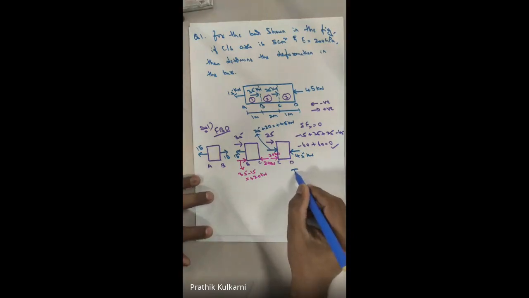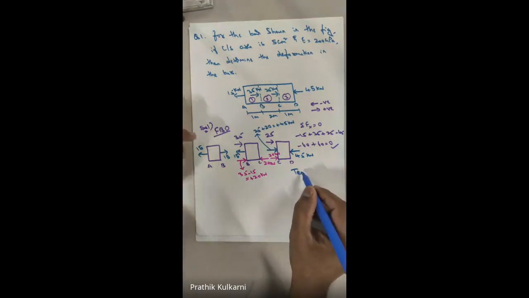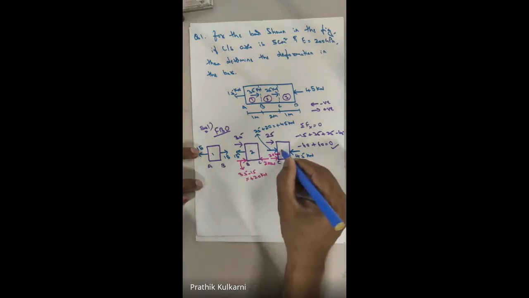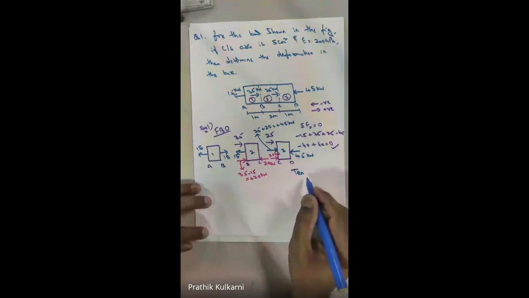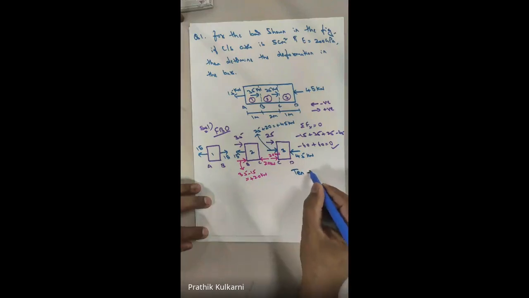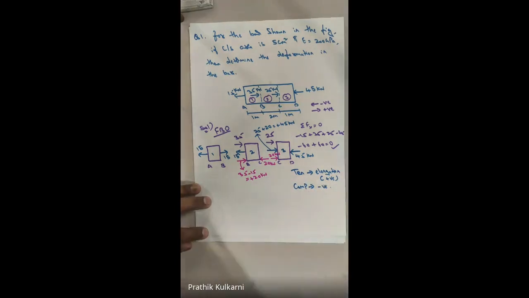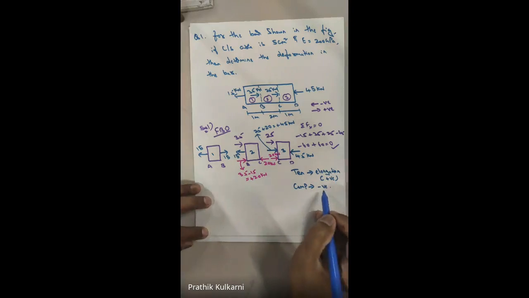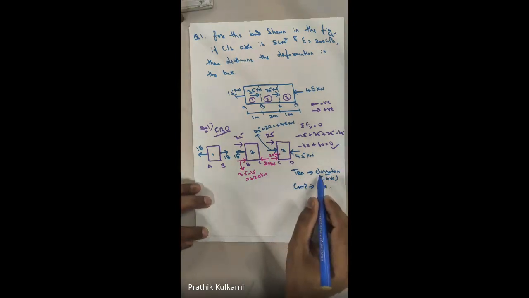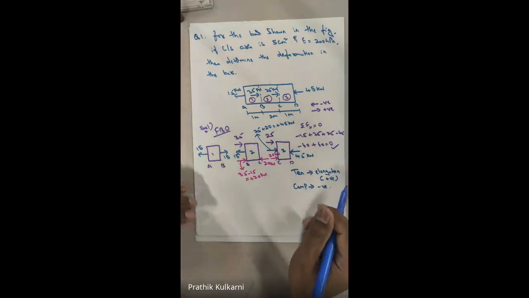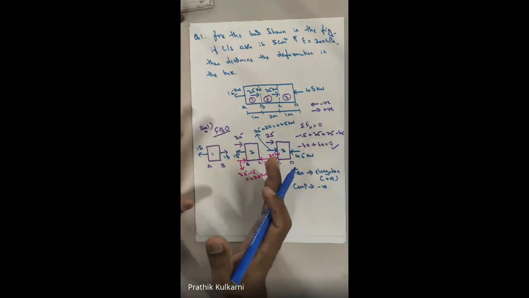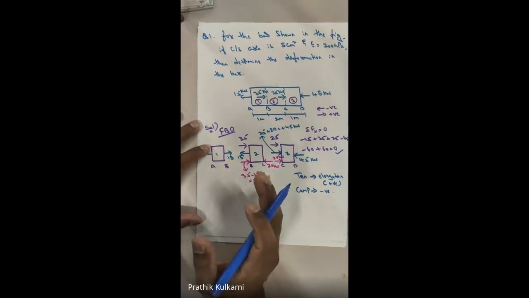But please do remember, if the member or if the portion, like if this is 1, this is 2, and if this is 3. If it is a tensile force, which is nothing but we call it as an elongation, then we take it as positive. If it is compression, then we take it as negative. Please आपको ये याद रखना है. If it is tension, which is nothing but elongation, अगर उसको pull कर रहा है, elongation हो रहा है तो positive, compress कर रहा है तो आपको value लेना है negative. Fine. You have to just remember that.